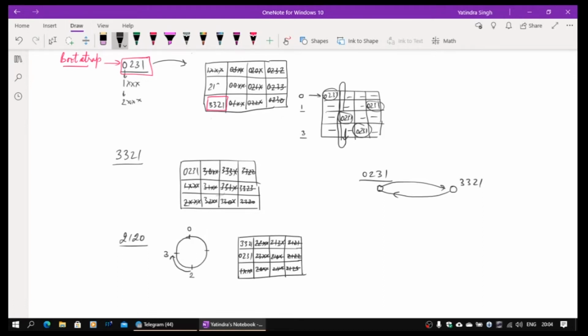Now 3321, once it comes to know of this information, will also make an entry here, it will become 2120, and 1xx of course remains as it is. So that's how the routing table entries will get updated at both the places.